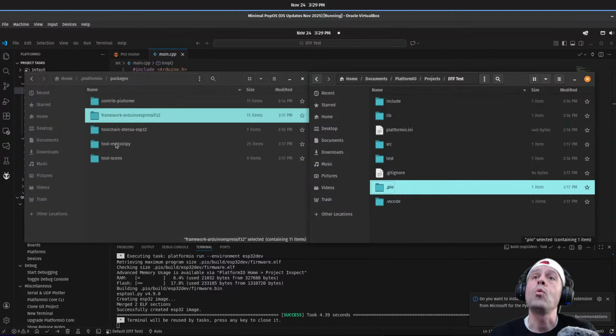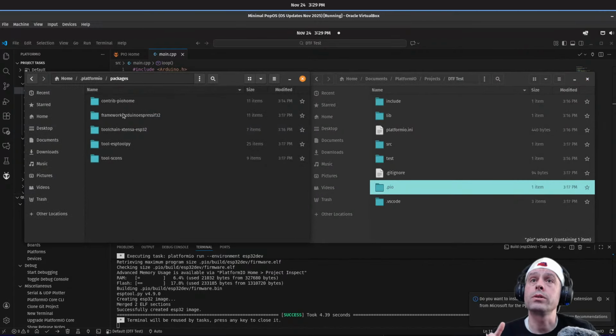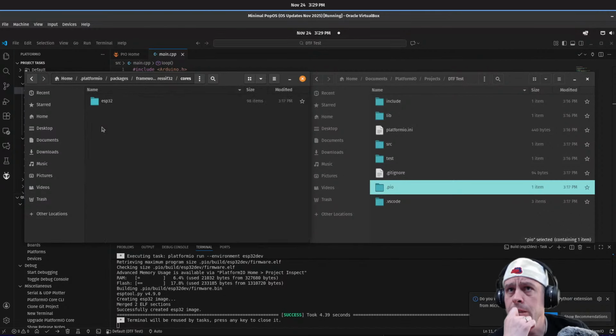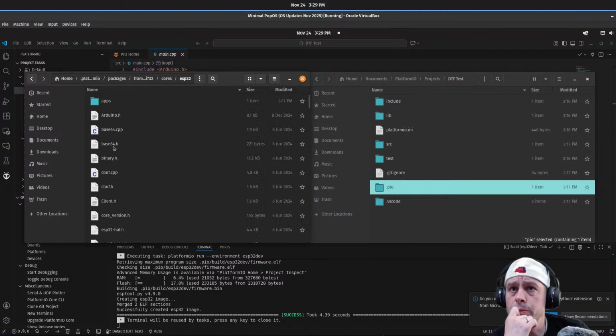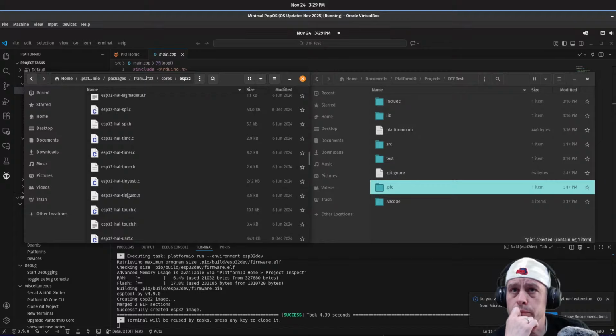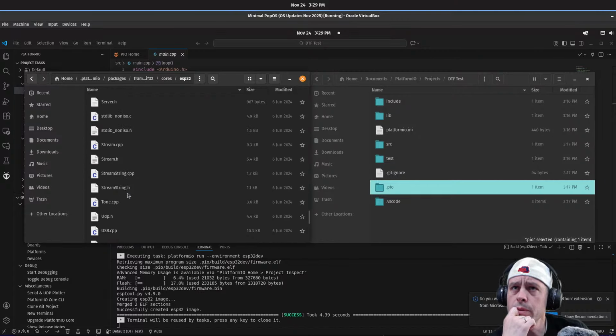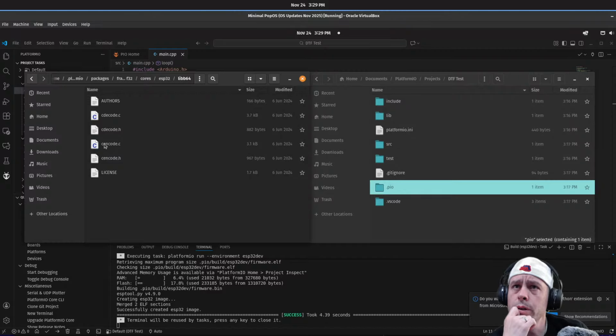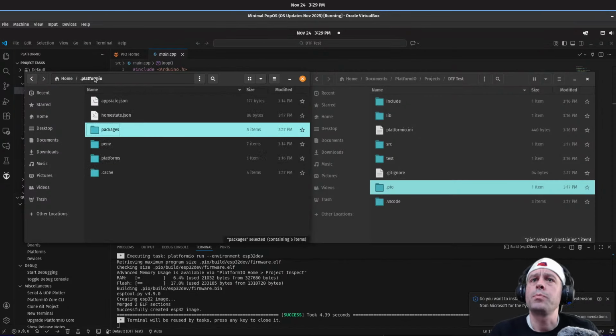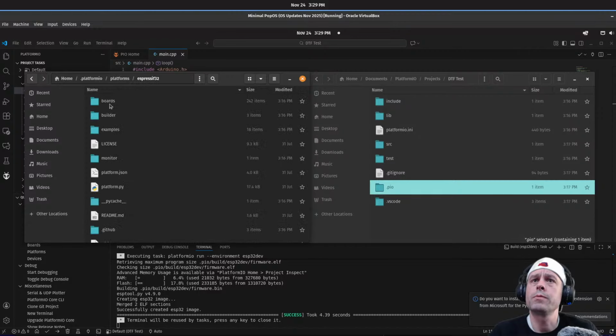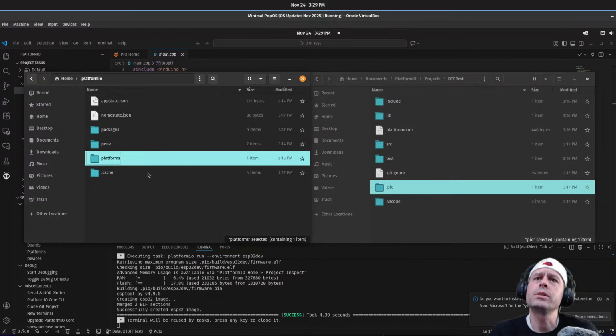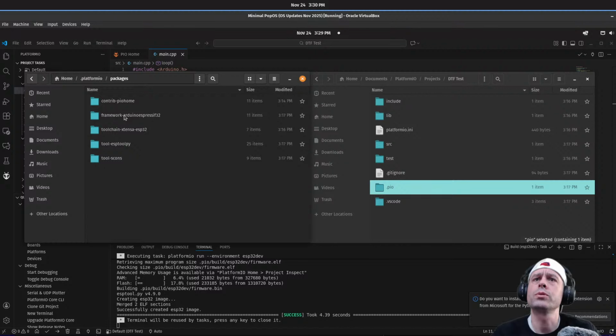Okay. Oh, one other thing I wanted to cover back here in the packages. Is not libraries, cores. I think, is this it? lib64. Oh, it might be up in the platforms. Platforms, ESP32. No, builder, frameworks. No, it's not here. You get a subset of header files, and I can't remember where those get put.